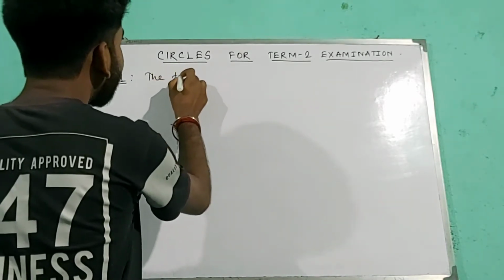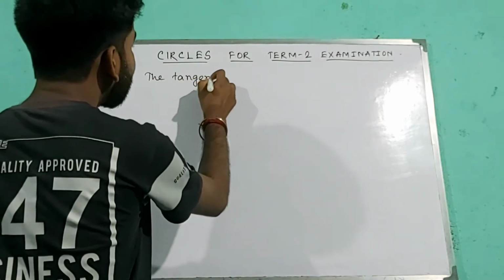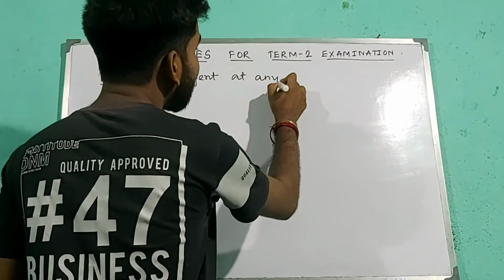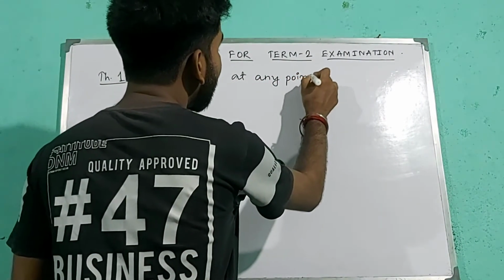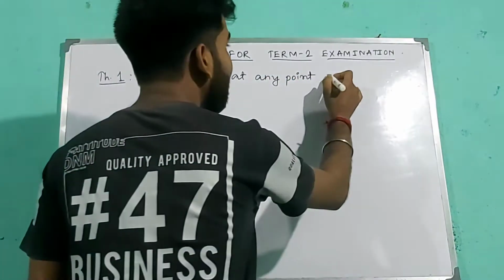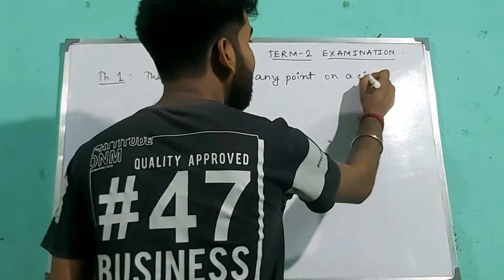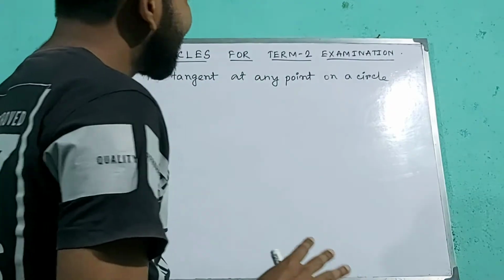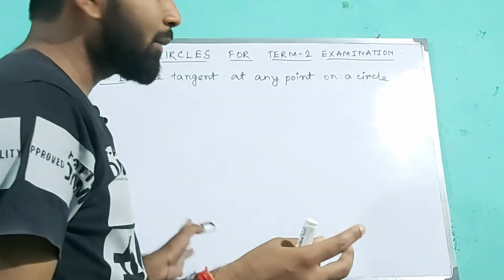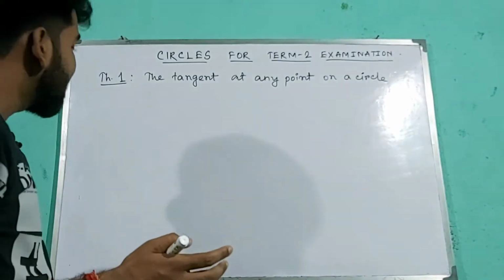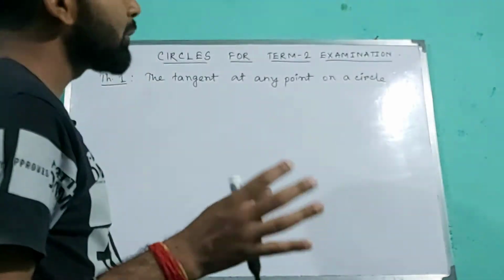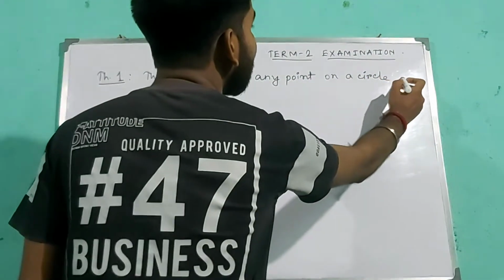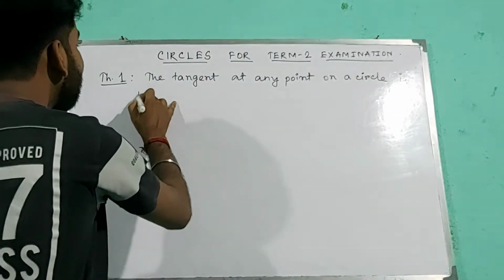Theorem 1: the tangent at any point on a circle. I am not going to prove the theorem. You know it very well, it is there in any book, even in your NCERT book it is explained clearly, and throughout these 5 or 6 months you have read this very nicely. I will just solve some good problems based on these theorems. The tangent at any point on a circle is, you know very well what it is,